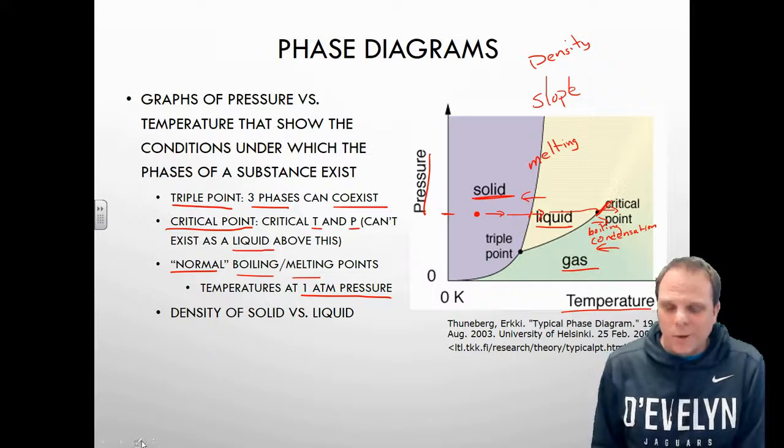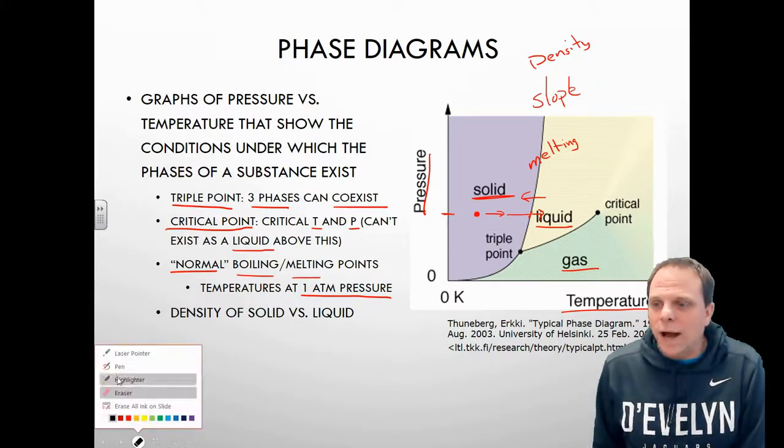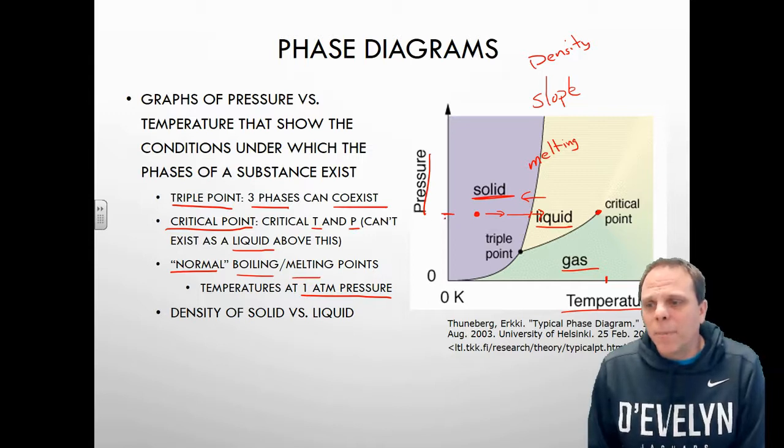diagram. Now, the critical point, let me erase some of the junk I wrote right over that critical point because it's kind of in the way. Notice how in this graph, I do not have the same color above the liquid. It has this point right here. Now, remember we said that above this point, it's the temperature and pressure that exists right here. At that temperature and that pressure, I don't exist as a liquid above this. So even though this is kind of showing yellow, there should actually be no liquid above this point